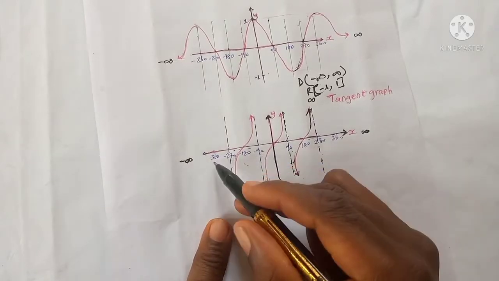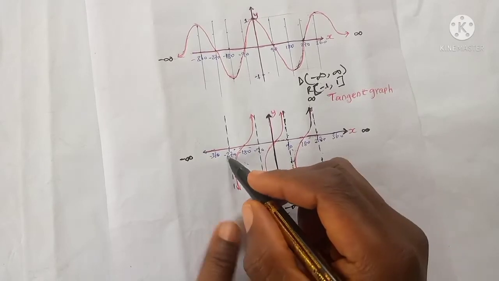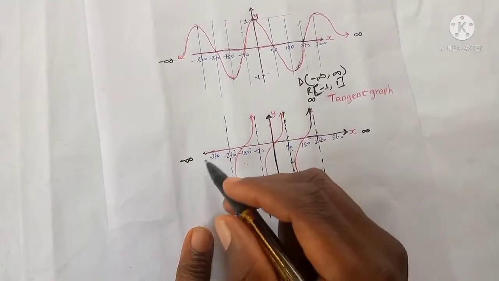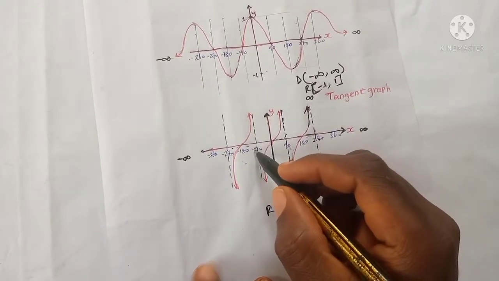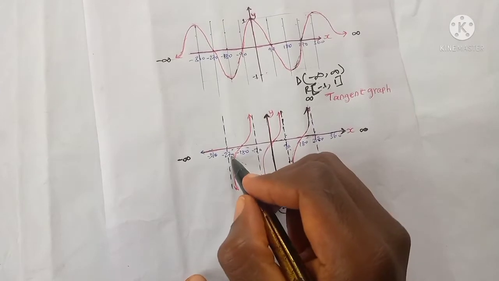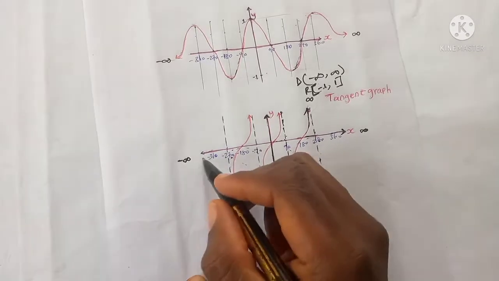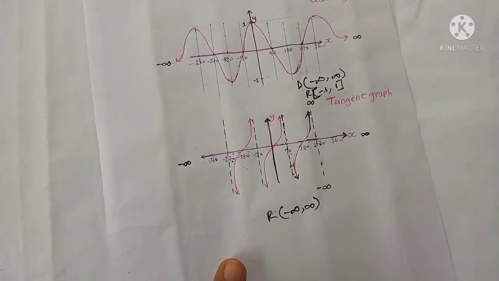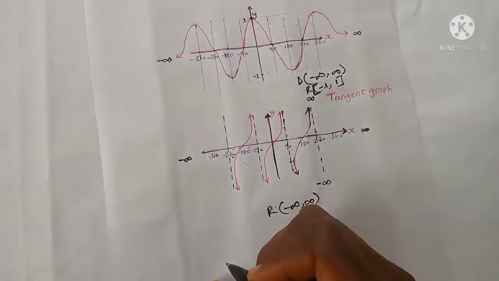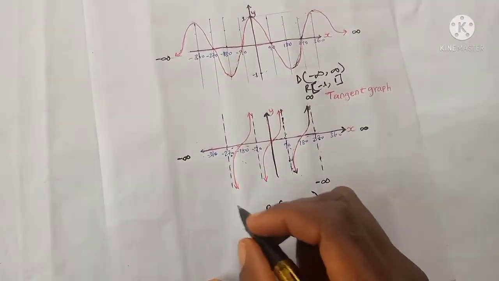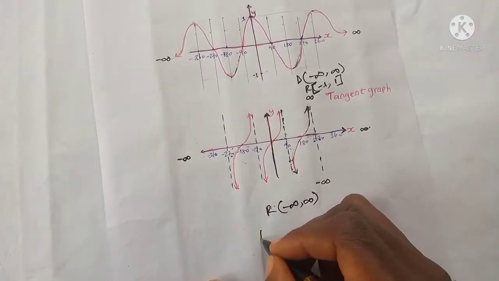And on the negative axis, it occurs at minus 90, minus 270, and so on to the end. From here, it occurs at minus 90, minus 270, and then 5 times 90, which is 450 degrees. And then it continues like that to infinity. So how do we write out the domain of this function? Remember, the range is from negative infinity to positive infinity. So the domain